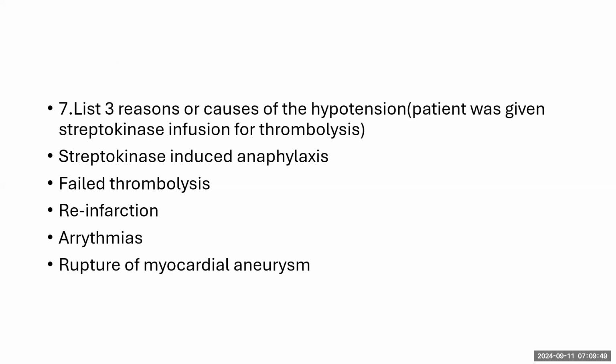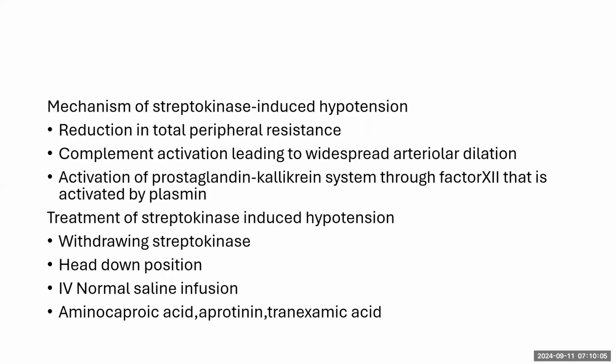And for question 7, list 3 reasons or causes of the hypotension. This patient was given streptokinase infusion for thrombolysis and had hypotension. So the reasons are streptokinase-induced anaphylaxis, failed thrombolysis, reinfarction, arrhythmias, and rupture of myocardial aneurysm. Now, the mechanism of streptokinase-induced hypotension is a reduction in total peripheral resistance, complement activation leading to widespread arteriolar dilation, and activation of the prostaglandin kallikrein system through factor 12 that is activated